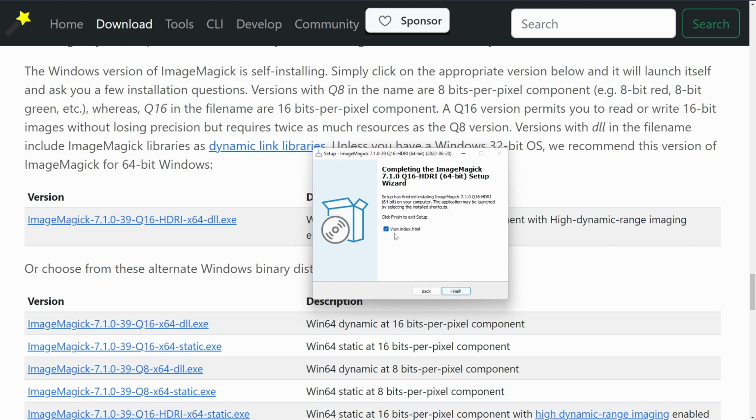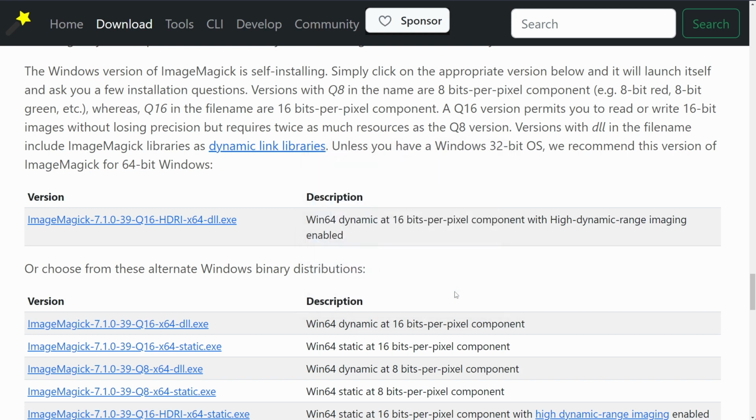And we'll click next, and I'll uncheck view index.html. I don't need that, but if you guys want to check it out, you're more than welcome to. Now that we have that installed, what we can do is go out to our Chomper directory, which I have